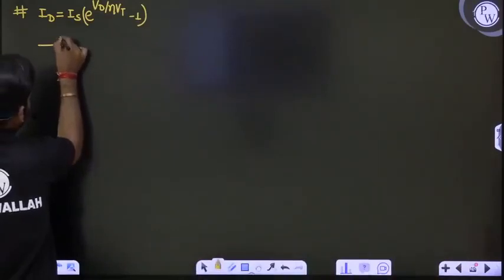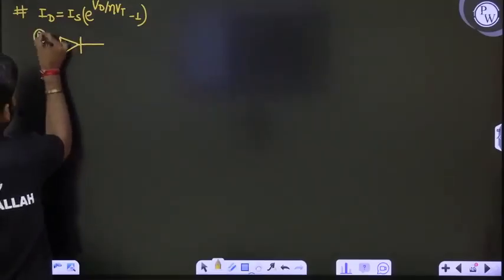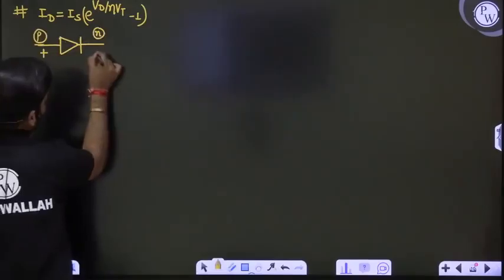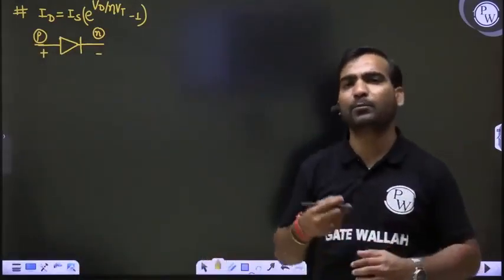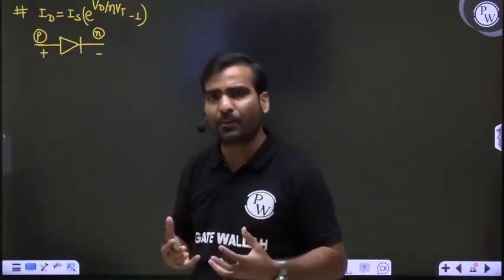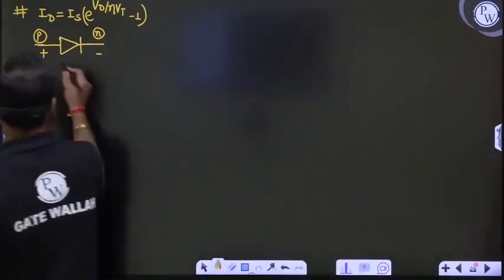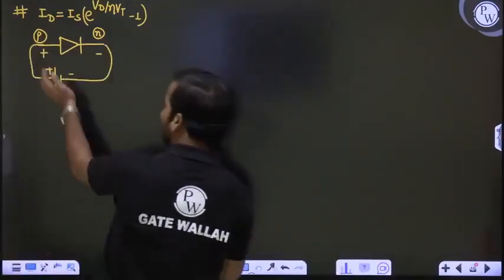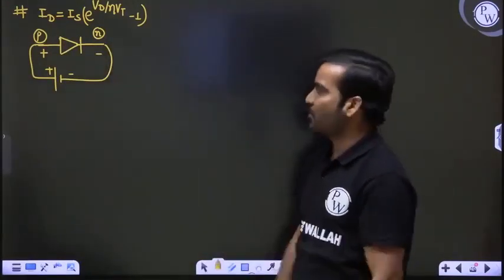Suppose this is your diode, and across this diode, this is your P side and this is your N side. Suppose you are applying some positive potential over here and with respect to this N terminal, some positive voltage, suppose 0.2 volt, 0.3 volt, 0.4 volt, 0.5 volt, 0.6 volt, 0.7 volt or 1 volt. How are you connecting? You are connecting like that. For example, I am telling the battery like that. So P side positive, N side negative. You are connecting some battery, some potential, some voltage across the diode.